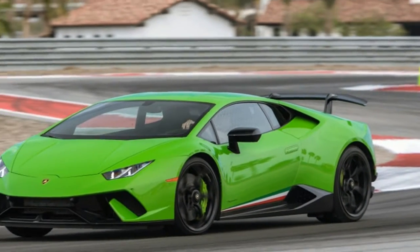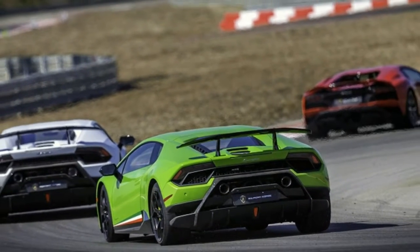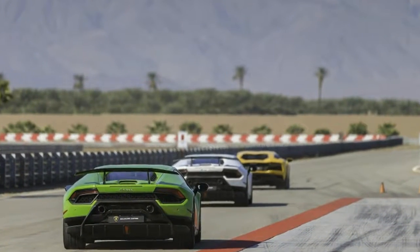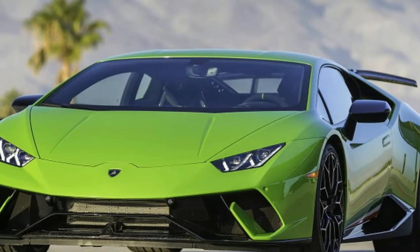And Lambo says it can accelerate from 0 to 62 miles per hour in 2.9 seconds, which is as quick as the Aventador's. Its 202 mph top speed still lags the top end of the V12-powered Aventador by 15 miles per hour, but